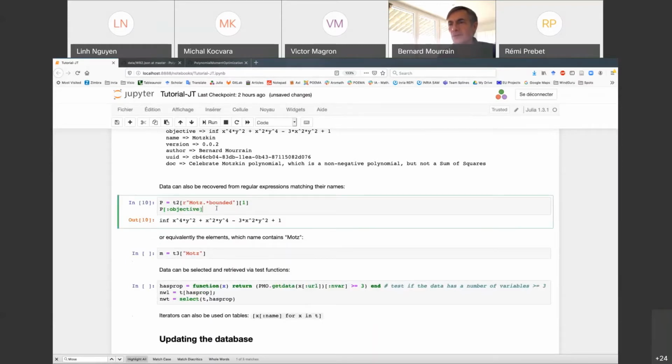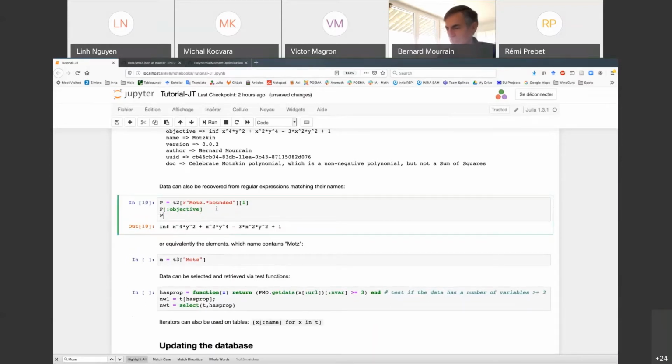If we want to recover the constraints, there is only one, which is given here. Is it okay for everyone? Is it working?